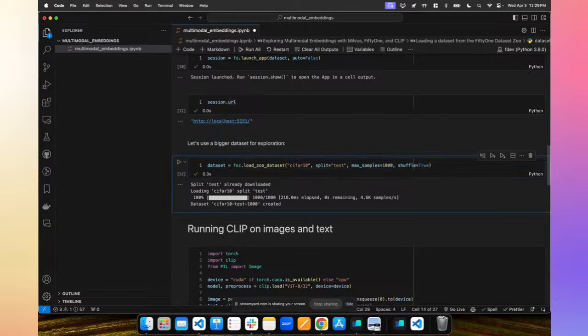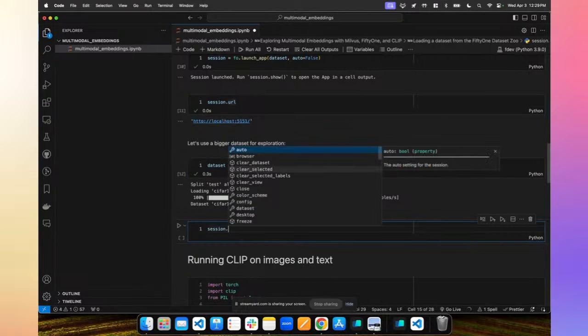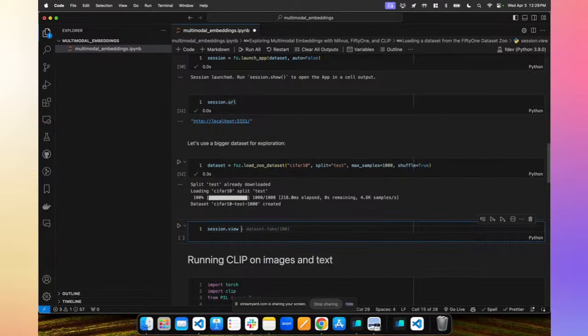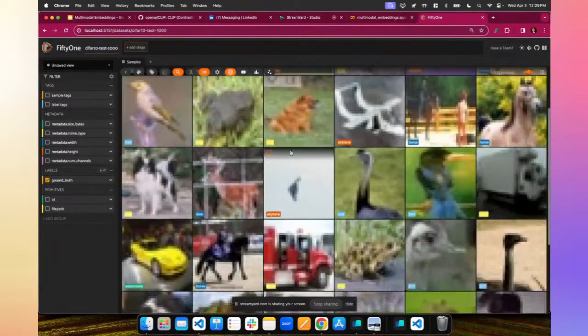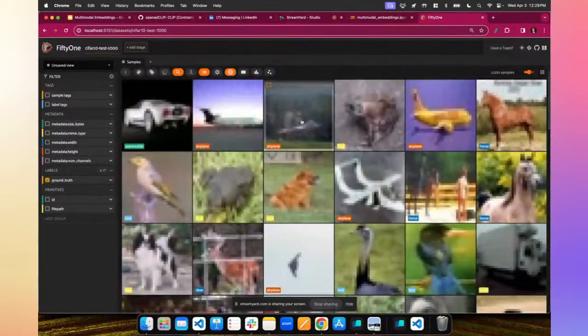And now let's do session.view is equal to dataset.view. Now, if we go over here, we can see a bunch of images, and these are pretty small images. The resolution is pretty bad because a lot of these don't have that many pixels in the width or height,